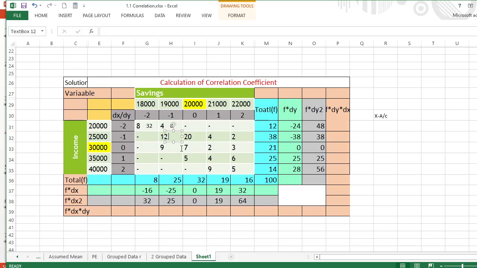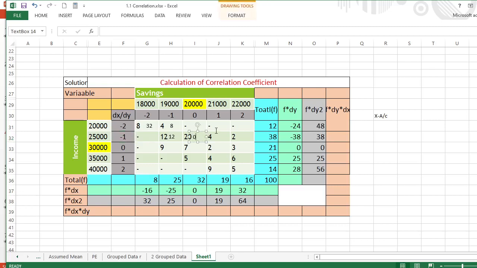So here I consider 12 is our frequency f, dx is minus 1 and dy is also minus 1. So minus 1 into minus 1 is plus 1 into 12. So here it is 12. Here 0 dx value and dy value is minus 1. So 20 into 0, 0. 0 into minus 1,